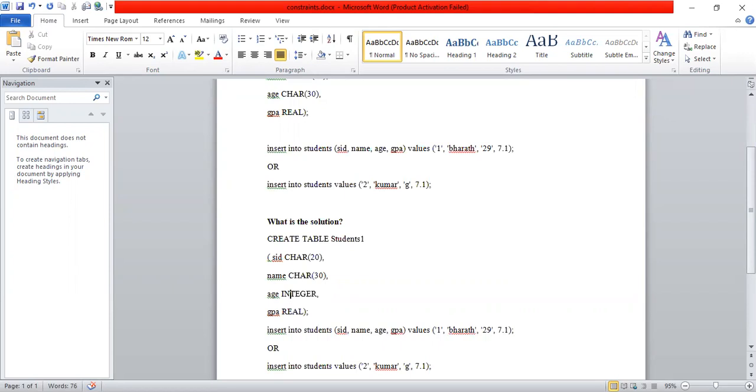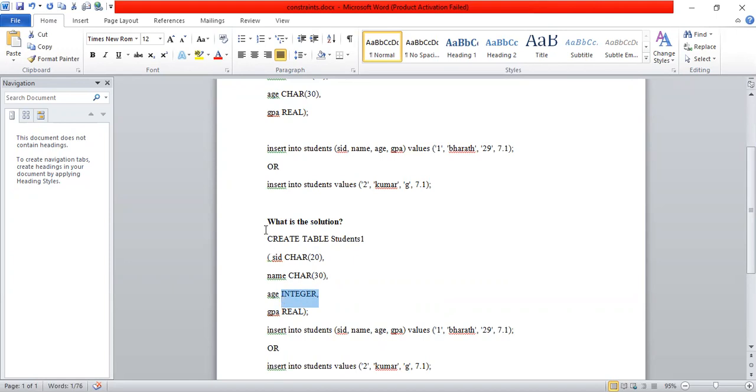What is the meaning of age? In the previous table, the mistake is that we considered the age as characters. That is not correct. At the time of table creation, the data type plays an important role. If we make any mistake at the time of creating tables, it will definitely affect the tables. That's why assigning data types must be done in a good manner.